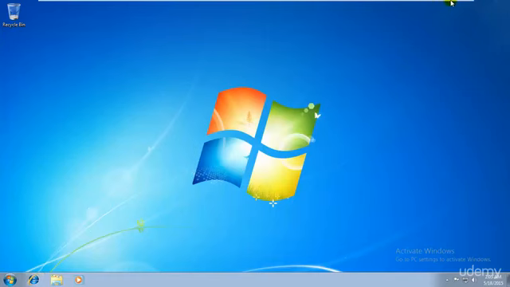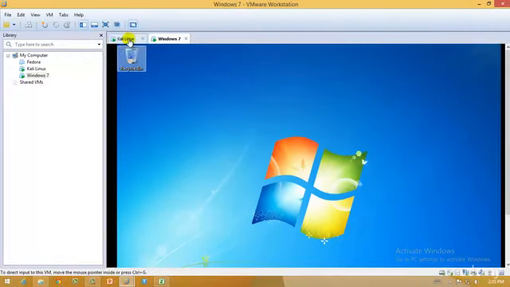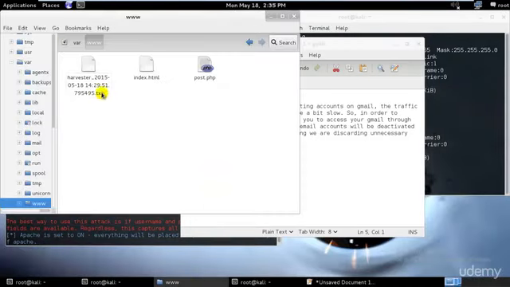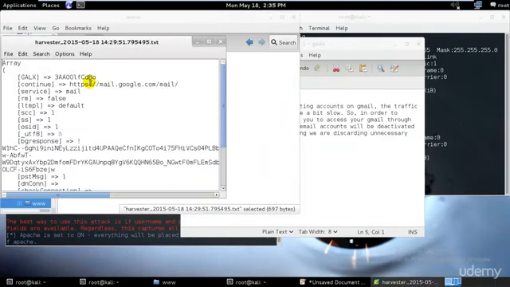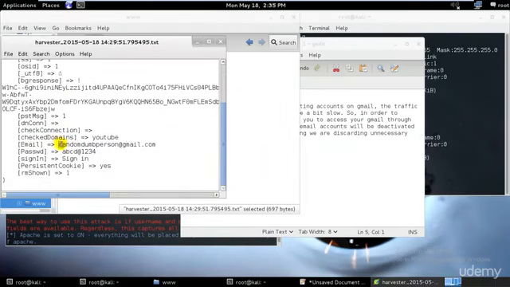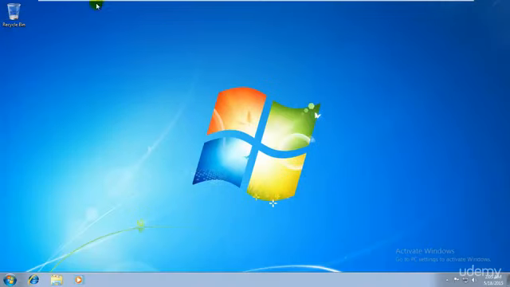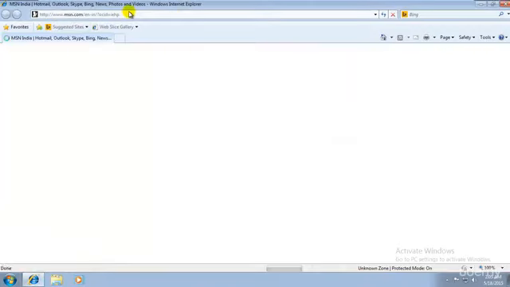I'll just close this one. And what you can see over here is that as soon as he enters it even one time, I will already have his username and password in the harvester txt file. So I'll click open here, and you can see we have the password over here, random dumb person. And let's say if he tries to access another email,